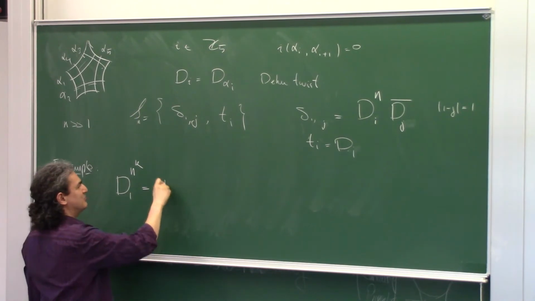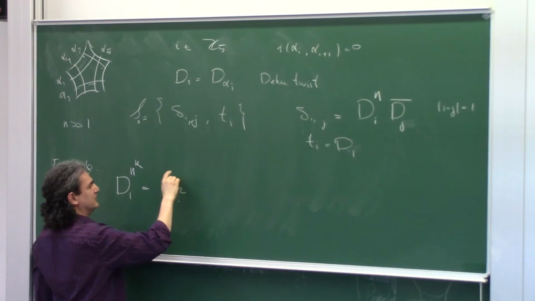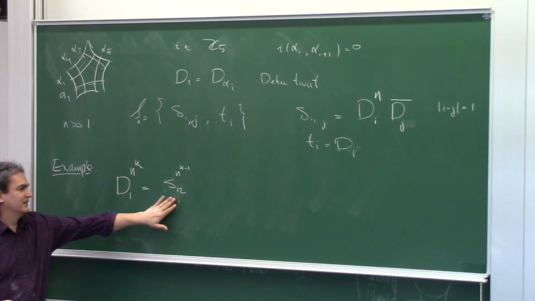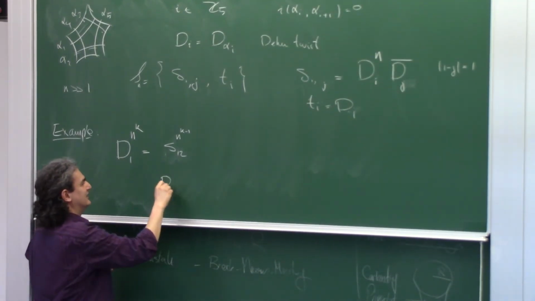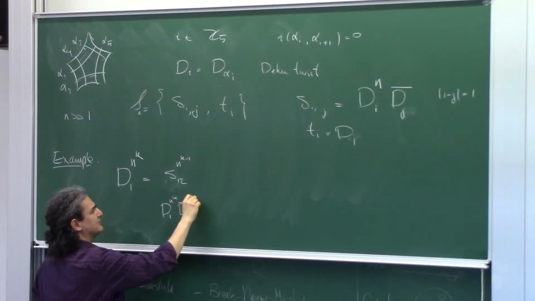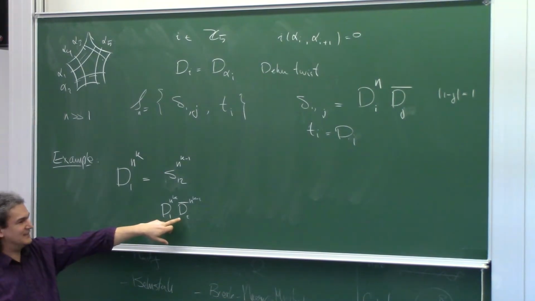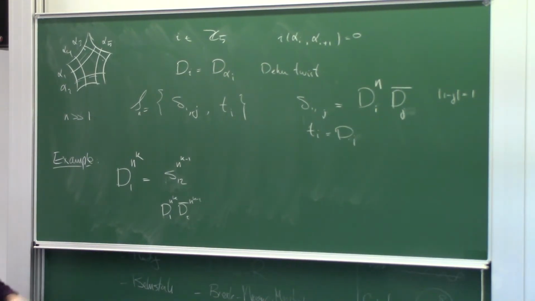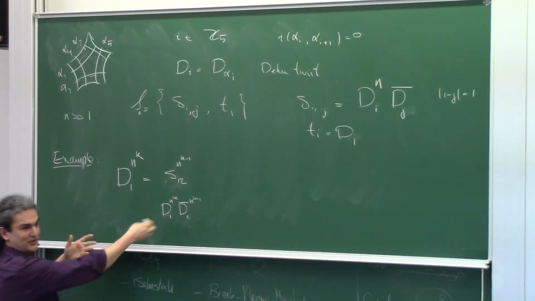First, I do s1,2 to the power of n to the k minus 1. Let's write it down secretly so we can cheat. That's d1 to the power of n to the k, and then d2 inverse to the power of n to the k minus 1. So it gets rid of all the big twists, but adds a little bit of extra. You're going to show that the word length is much smaller than n to the k? That's right. I'm going to write it down explicitly.